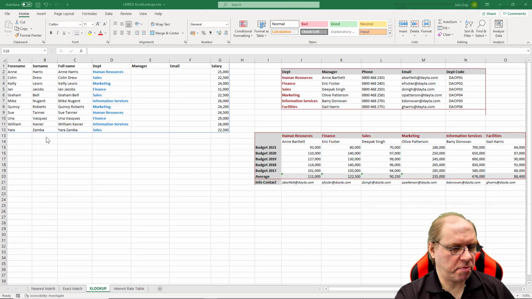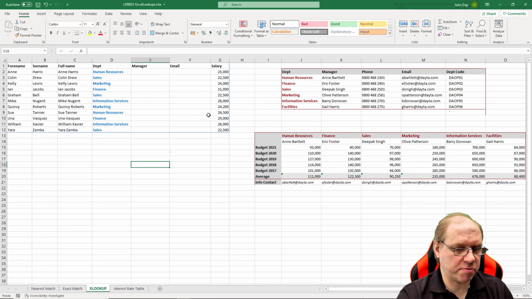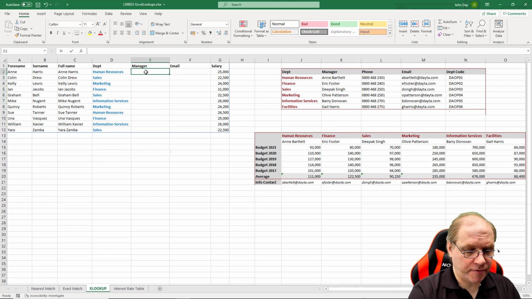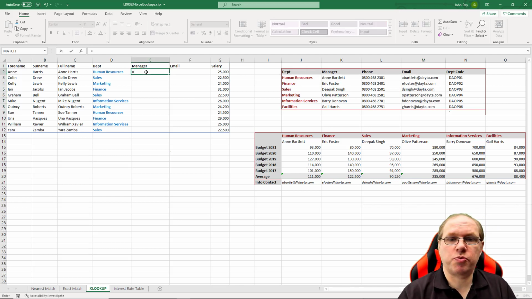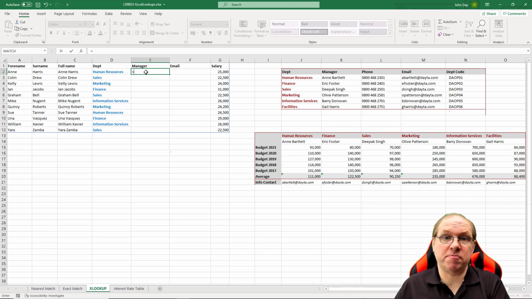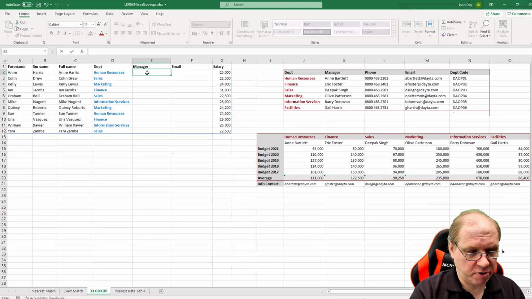So I've got another copy of that staff sheet with all the information stored exactly as before, but this time I'm going to look for, again, the data in this column here. I'm going to look for each value, find it in the department column, and return the manager and the email. And the great thing about it is this XLOOKUP function works with both VLOOKUP and HLOOKUP. It replaces both, because the way that I set the ranges, it doesn't matter how I select them, it will work it out. So I'm going to put in the formula equals